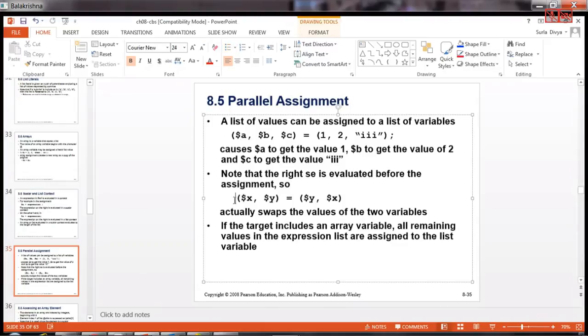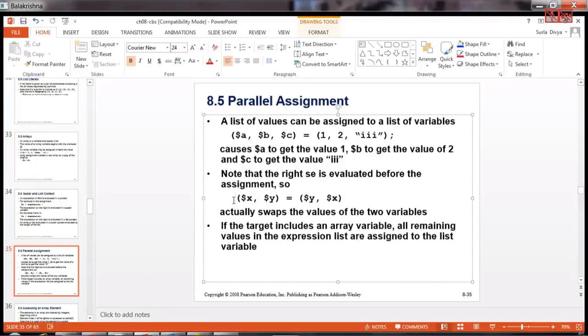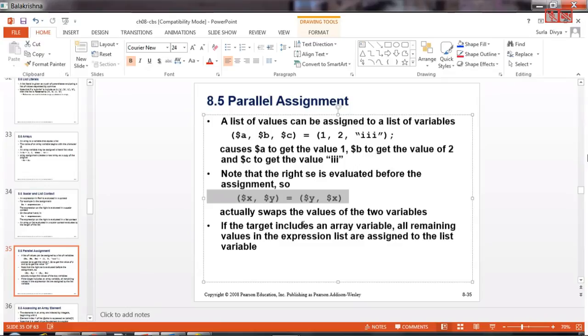Now the advantage of this would be like this also. For example, whenever you want to swap two numbers, if you are aware of writing C programs or any other language, say x is equal to 10 and y is equal to 20. I want x to have 20 and y to have 10. That is swapping the values. Generally, you used to have a third variable and then swap with that, or if it is in the same variable, you add and subtract to do that. But here, you don't need such workarounds. Directly, if I say $x, $y is equal to $y, $x, automatically the values will be swapped. That is the advantage and shortcut we have in Perl.